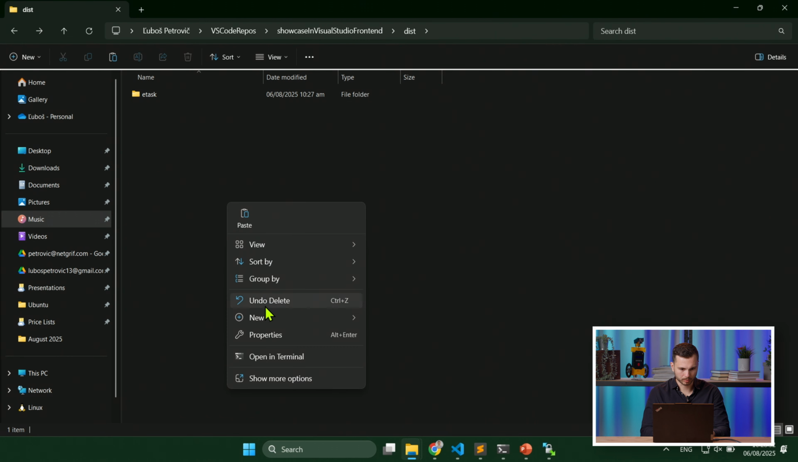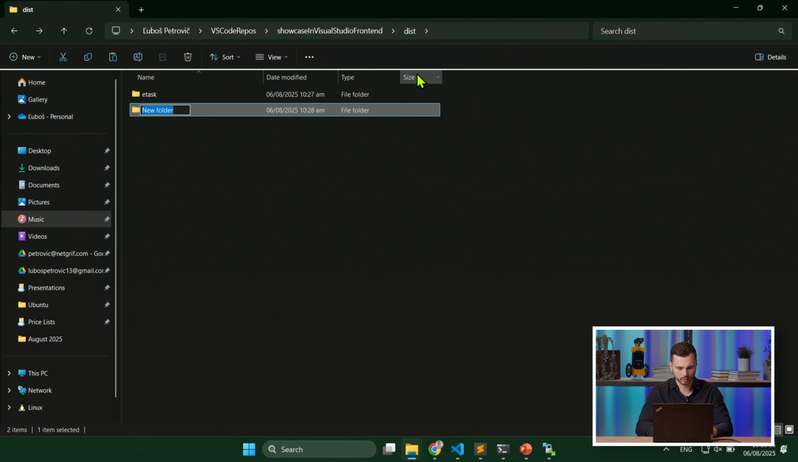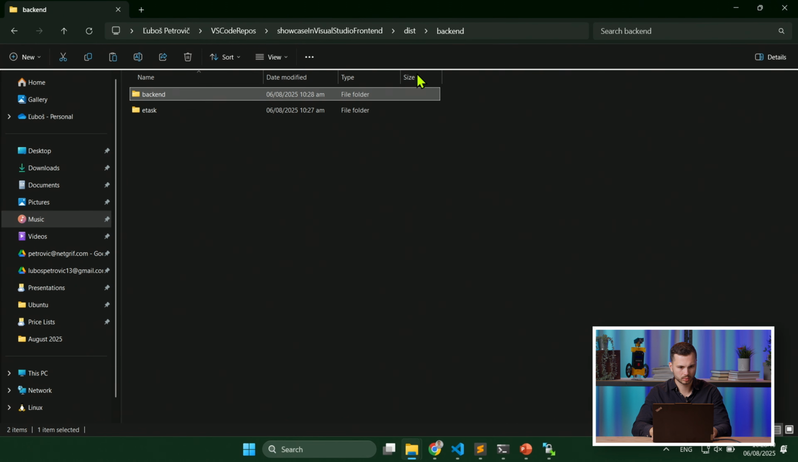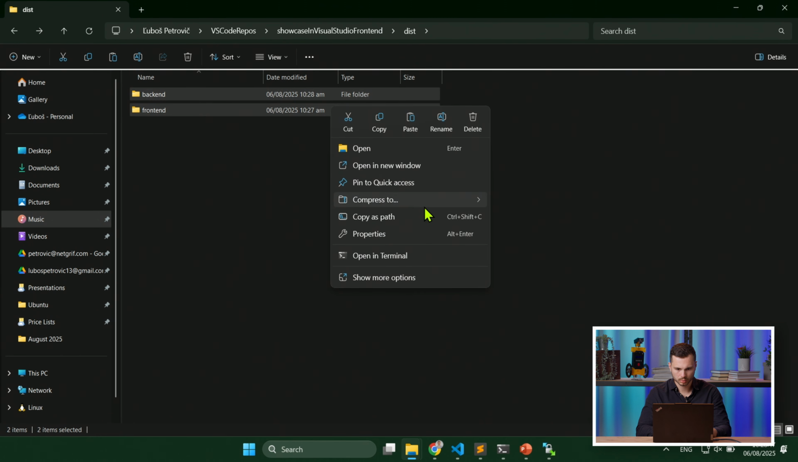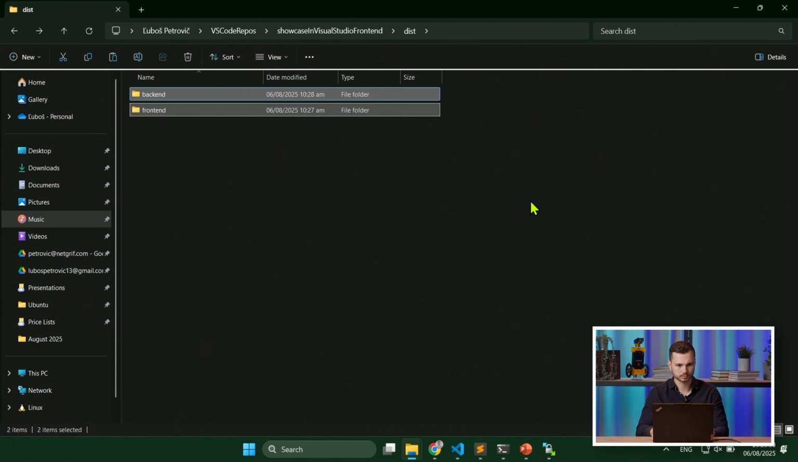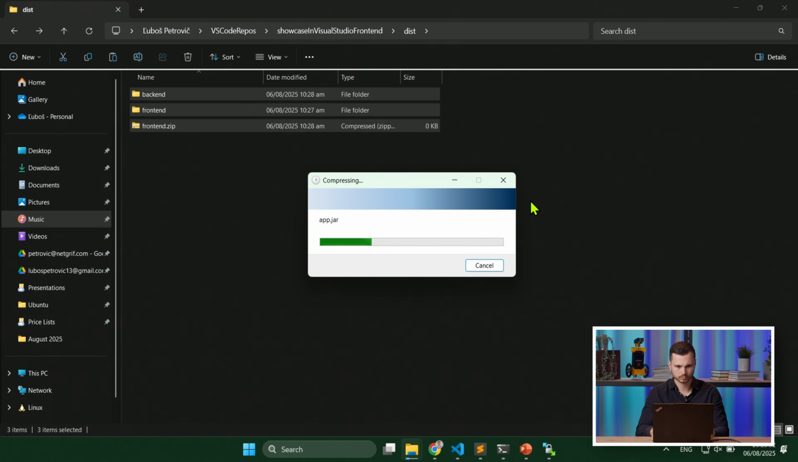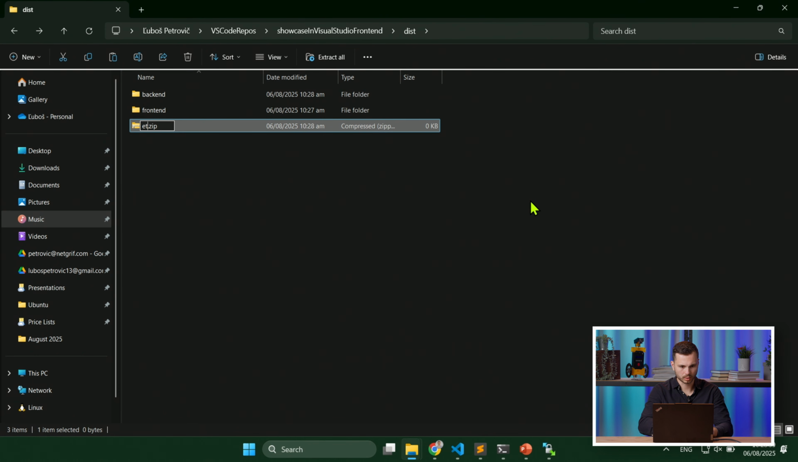In the dist folder I can make a new folder called backend, put app.jar there, rename etask to frontend, and pack this into a zip file. And I can rename it to etask.zip, let's say. Great. In the background, I'm already connected to my server,